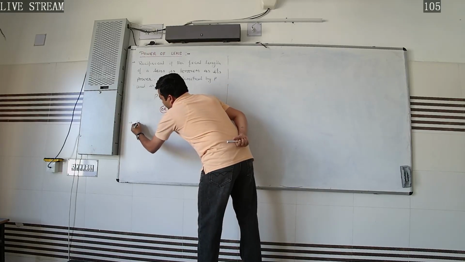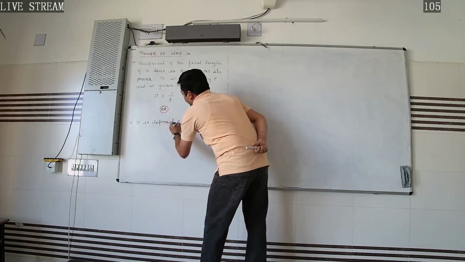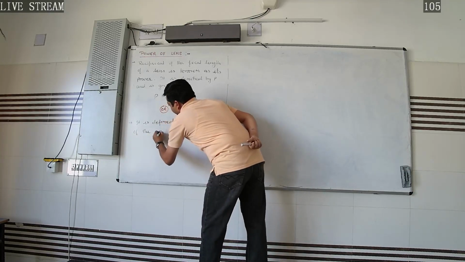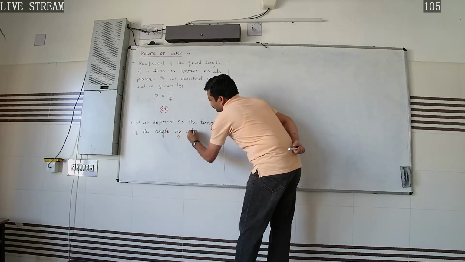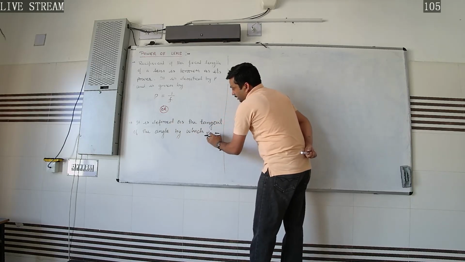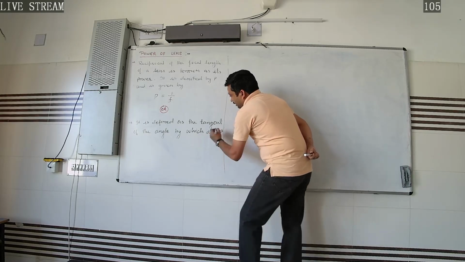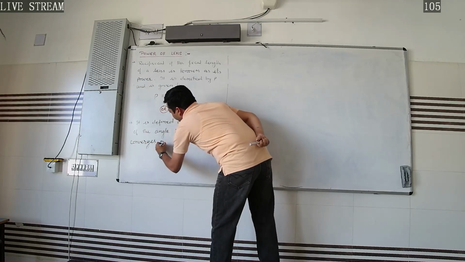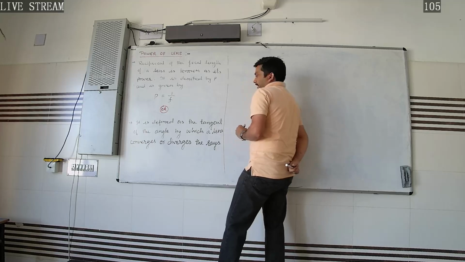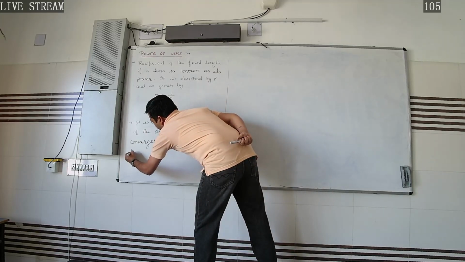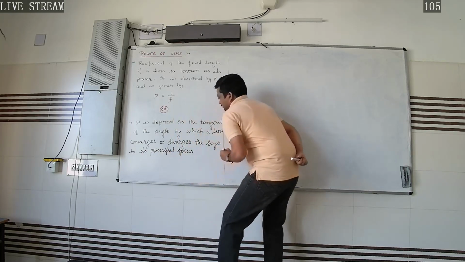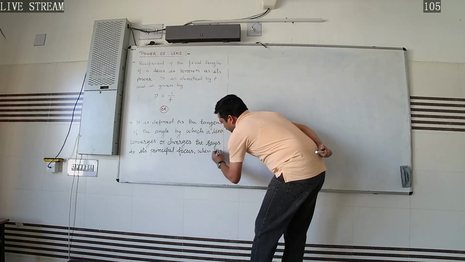It is defined as the tangent of the angle by which a lens converges or diverges the rays of light to its principal focus when the rays of light are incident on it